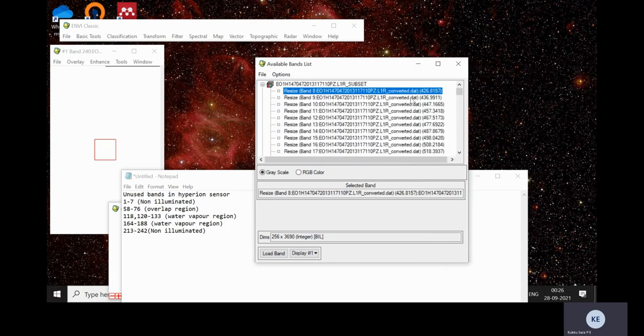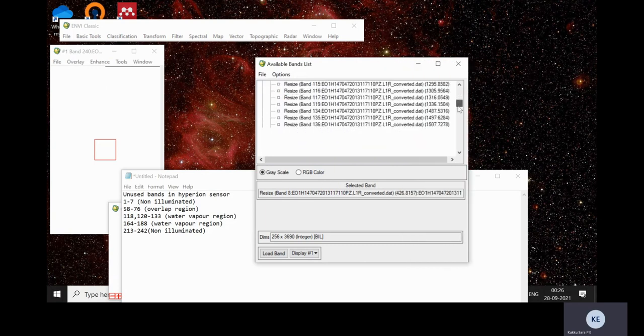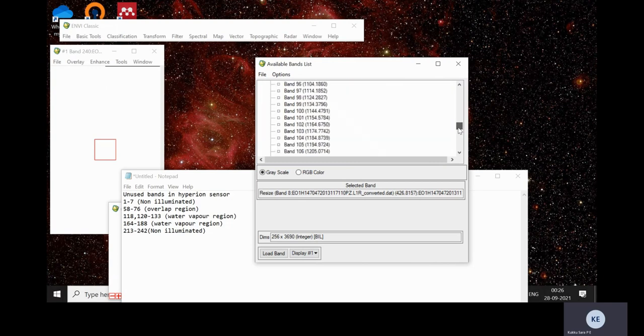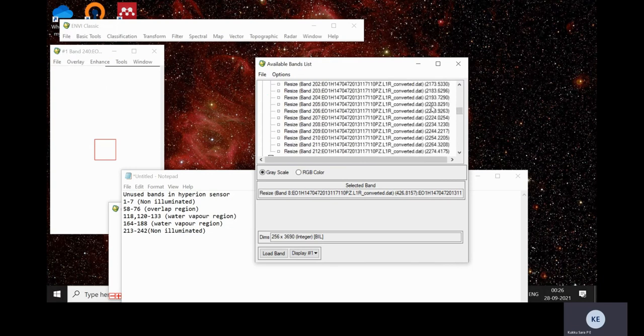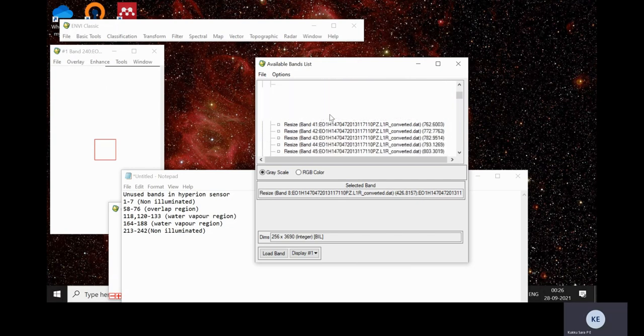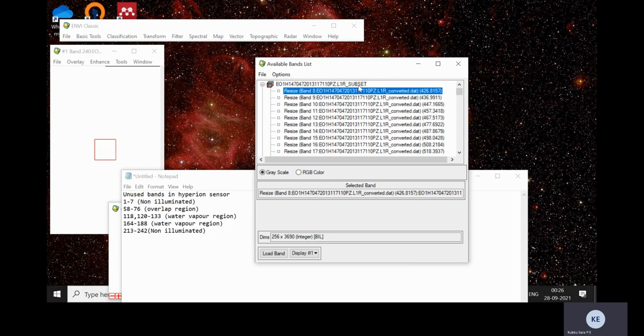Here you can see the selected bands 8 to 57. So this was our original data set, and from this data set we have removed all the bands which are not having any information, and up to 212 we have subsetted the image. Total 146 bands we are having in the subset imagery. So next what we will do is